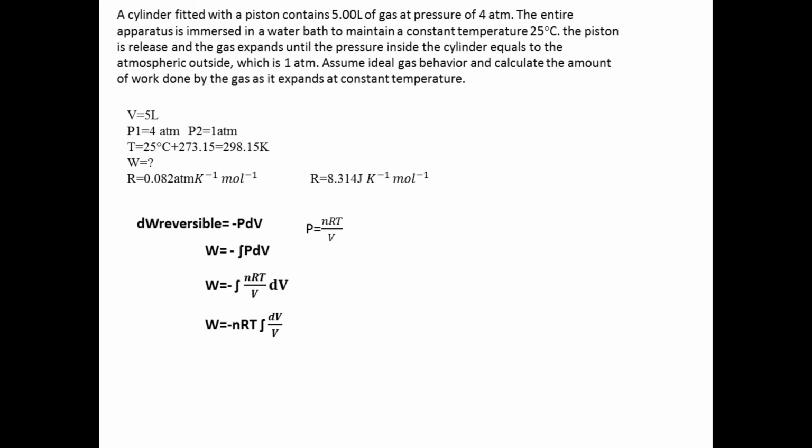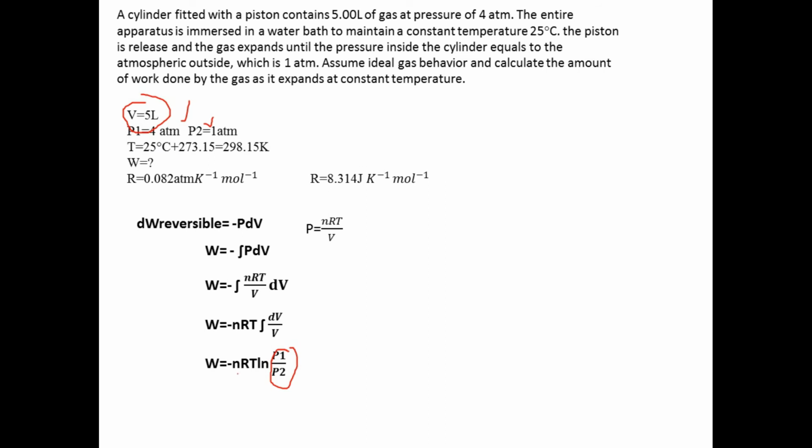When we integrate this, we get W equals to negative nRT ln P1 over P2. Why do we use this equation? Because we have P1 and P2. We only have V. We don't have V1 and V2. So we use this formula. And then